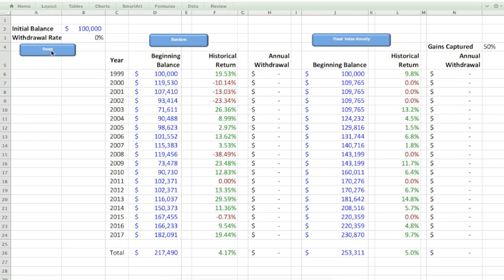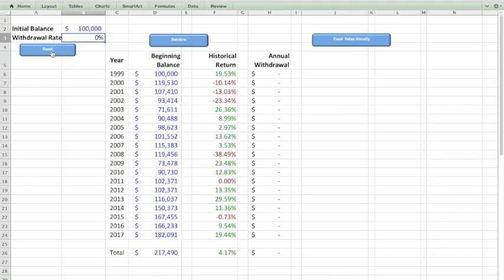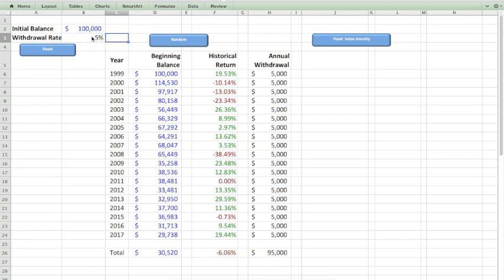So I'm going to hit the reset button again, and I'm going to illustrate, like I did before, taking 5% withdrawals. And as you can see, based on the ups and downs of the market the last 18 years, there's a trend, there's a risk here of running out of money. I'm down to $30,000. I'm going to go back and click the Fixed Index Annuity tab,